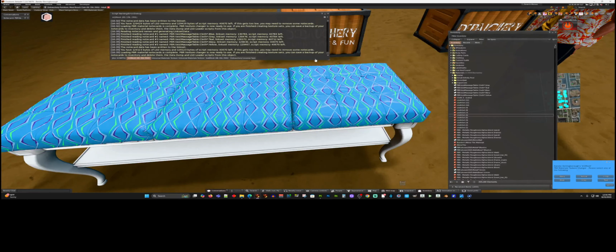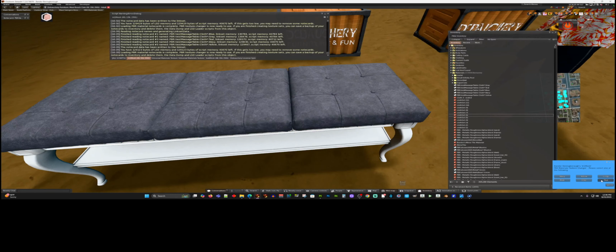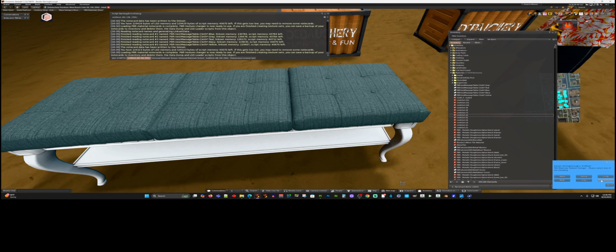Okay, so what that introduces is if we want to rotate this and scale it, we can't just do base color. But anyway, let's go through this and I'll show it to you. So there's gray, there's teal, yellow,